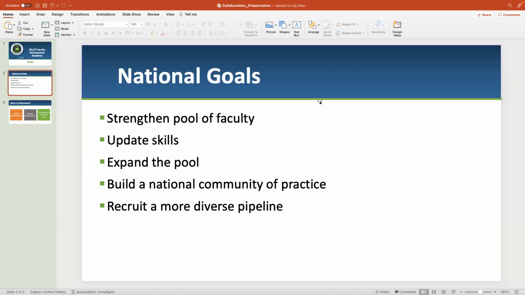So we've had a series of orientation sessions that we've worked with groups of students from different universities. And we basically expose them to what teaching is all about, what teaching in community college is all about. And then we invite them to a full-blown summer camp where we give them curriculum, we teach them how to use the curriculum, we have them practice teaching things in the classroom, and try to prepare them to be either assistant instructors or to be adjunct instructors, and potentially to pursue full-time instructor positions at community college and technical schools across the country.